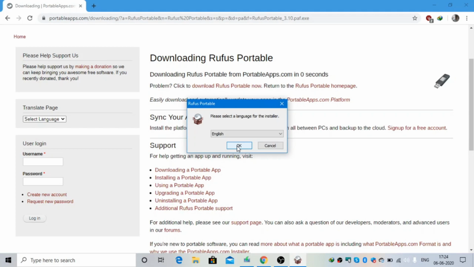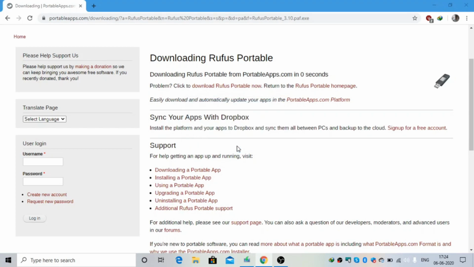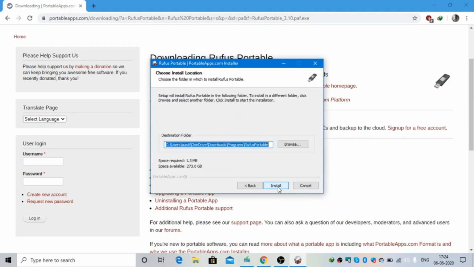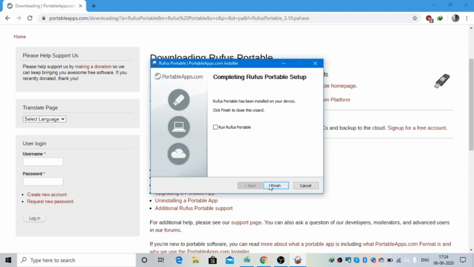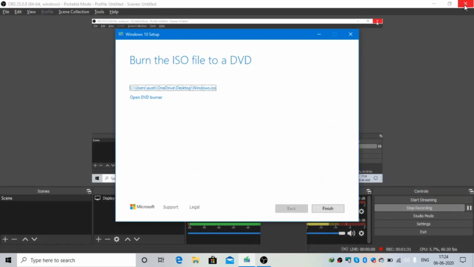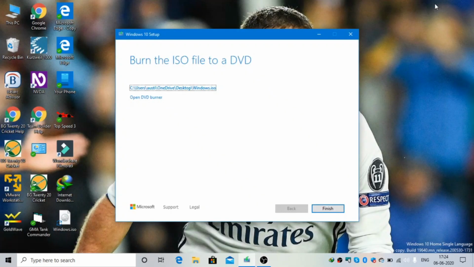The language will be English. Click on OK. Then continue. Then I am selecting the downloads folder for program files. Click on install and click on finish. So we are ready for making the bootable Windows 10 drive.